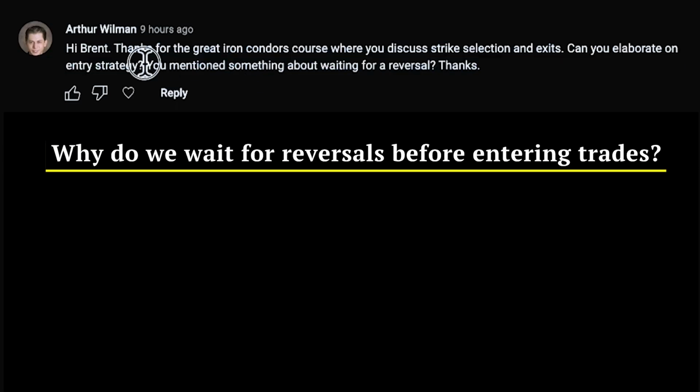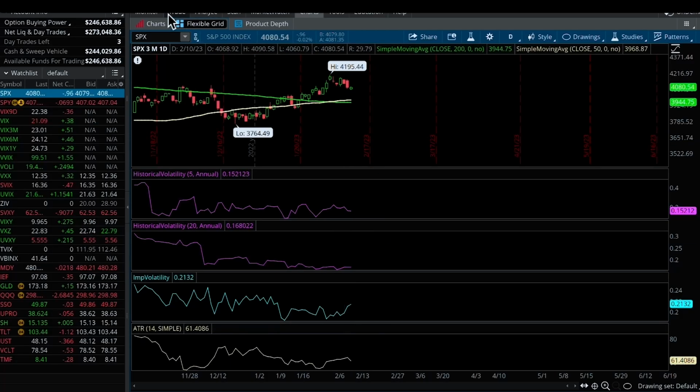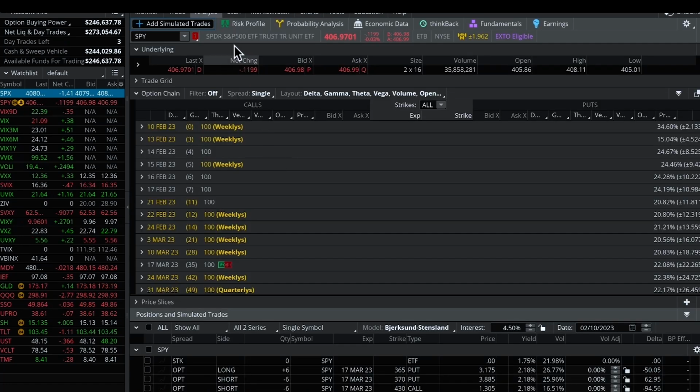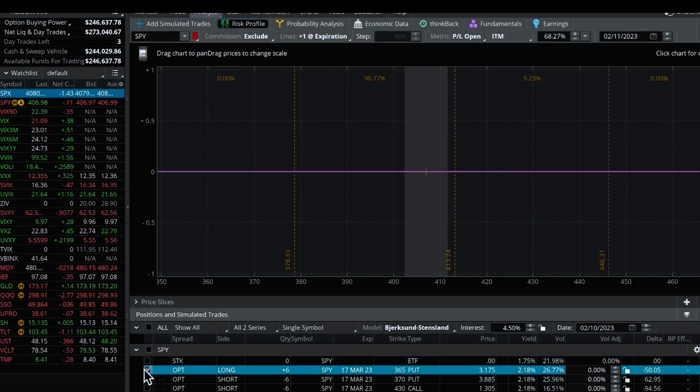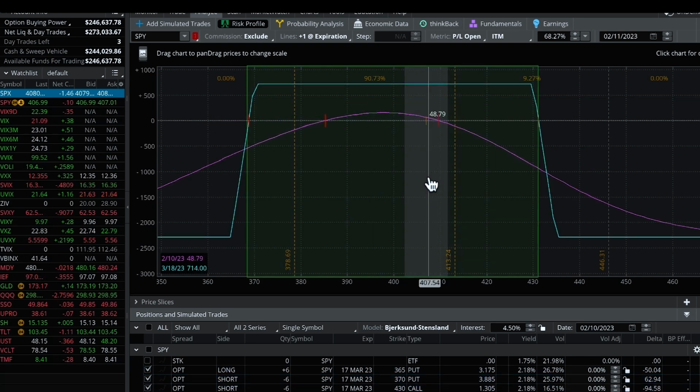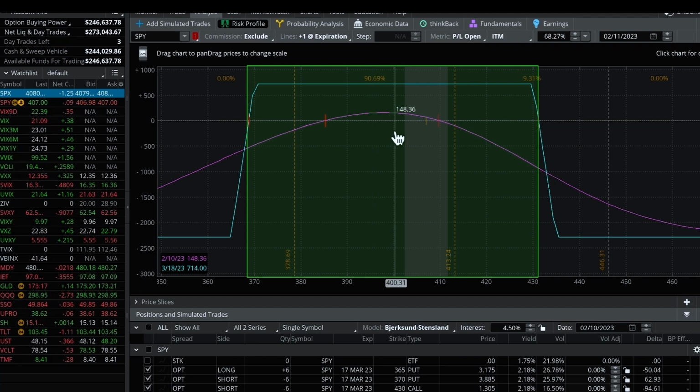So let me give you an example. What you're asking, you're wondering about why I mentioned that I wait for a reversal. What I mean is when you're trading an Iron Condor, it will look something like this. We've got a live trade on now. We've actually got a couple. A standard Iron Condor looks like this. You want the price to stay somewhere in this middle range. It doesn't have to pin to the center, it can move around, but you don't want it to deviate too far